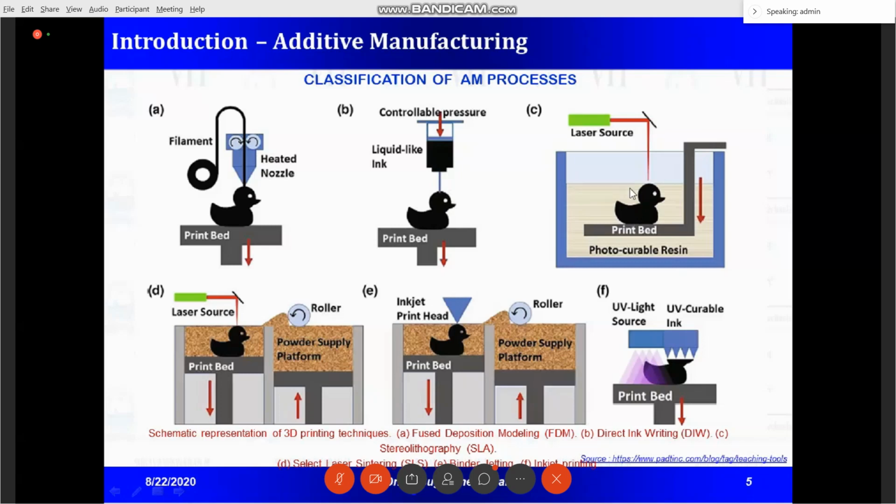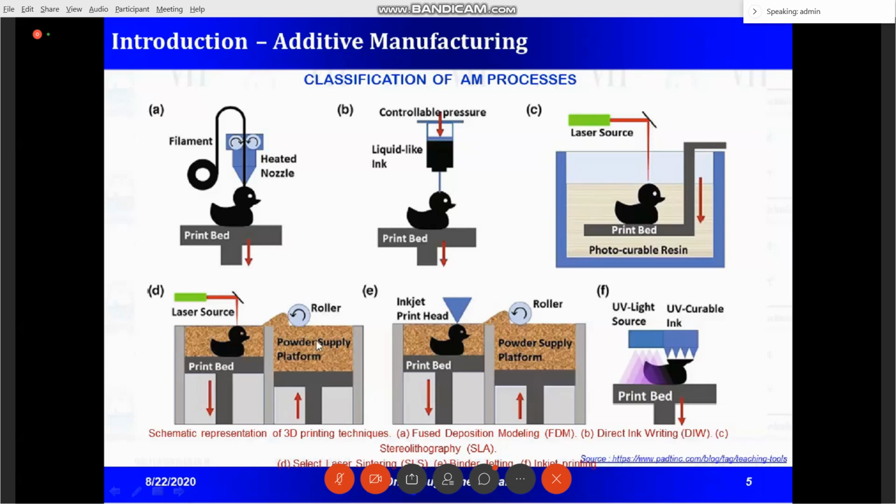The entire tank will be filled with some resin material, and the table will be on the top initially. Then you dip the table layer by layer, and each layer will be cured by using UV light. So this resin is a UV sensitive resin. If it gets in contact with UV light, it will get cured. So this will be controlled layer by layer to get a 3D component.